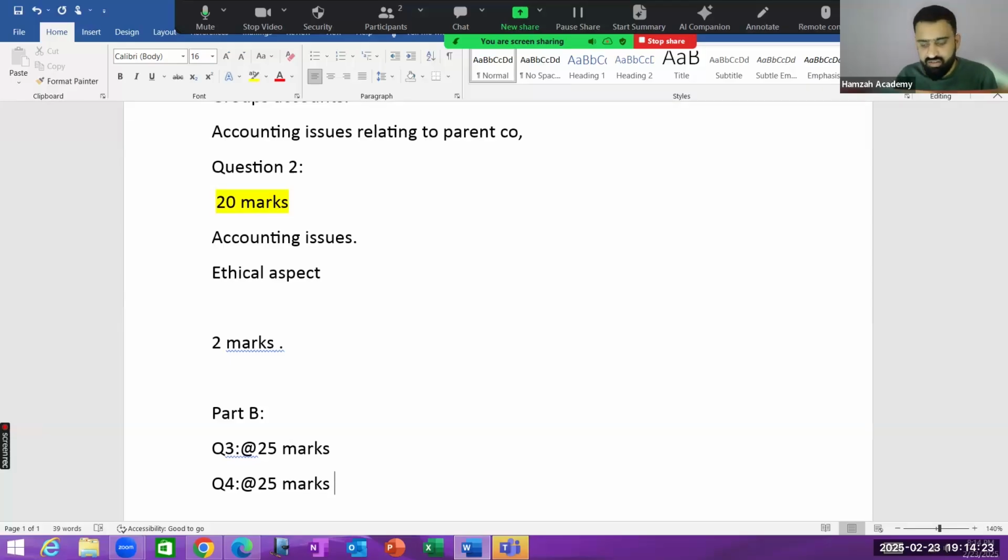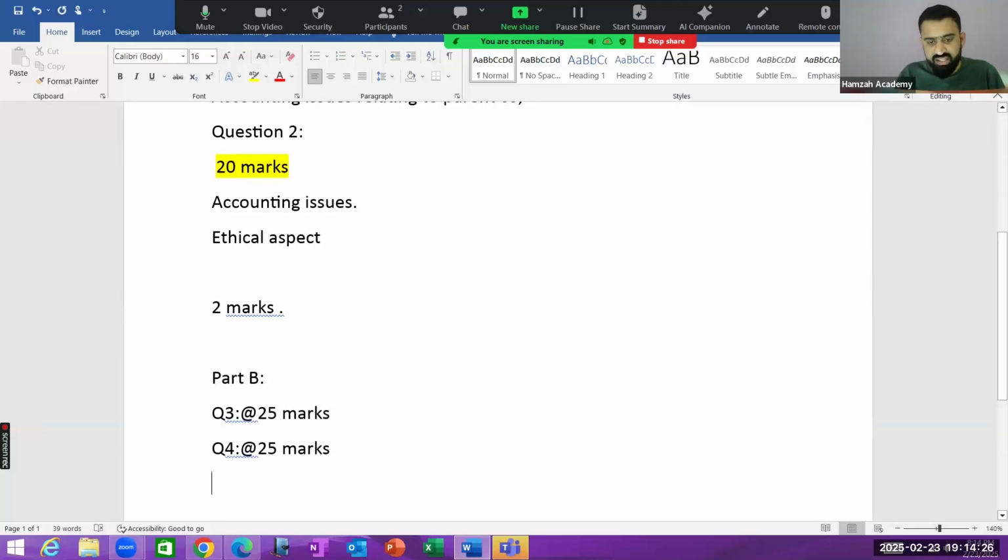And again, out of a total of 50 marks, in this part you will also have 2 marks, which are known as professional marks. So in 100 marks, 4 marks will be professional marks, and 96 marks will be related to your technical knowledge of SBR. In question number 3 and question number 4, in Part B, in each question, there will